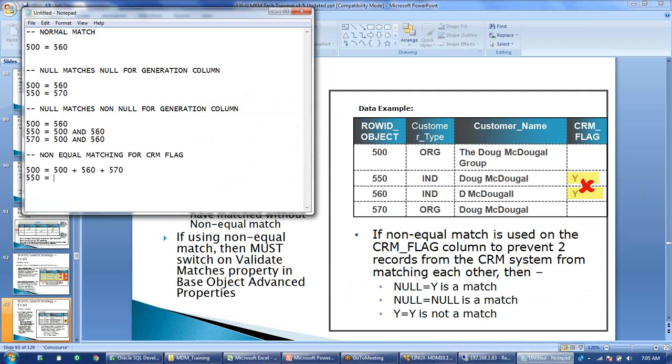So 550 and 560 will not match with each other because they both have y in the CRM flag. So 550 will match with 500 and 570. Similarly, 560 will match with 500 and 570. And 570 will match with all of them again, 500 plus 560 plus 550.